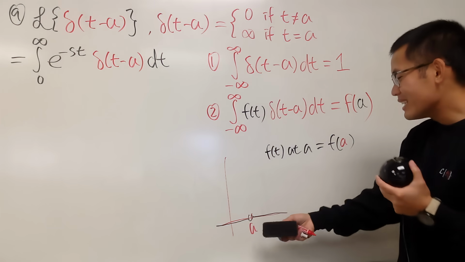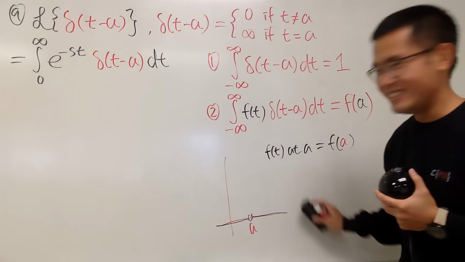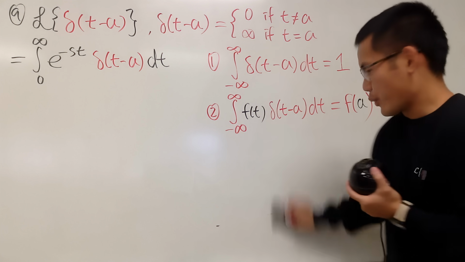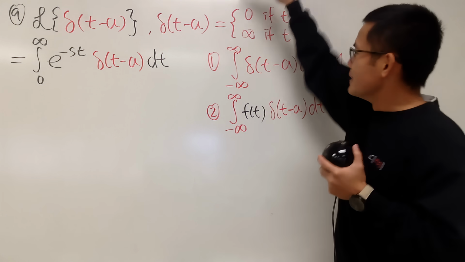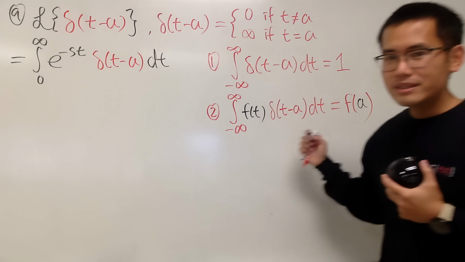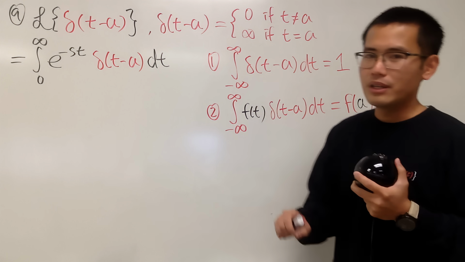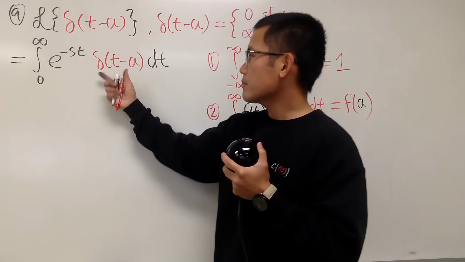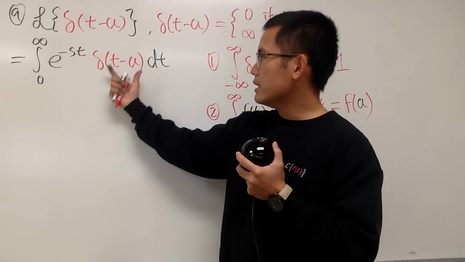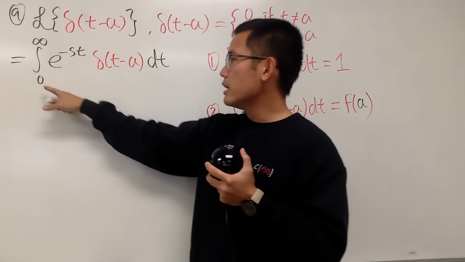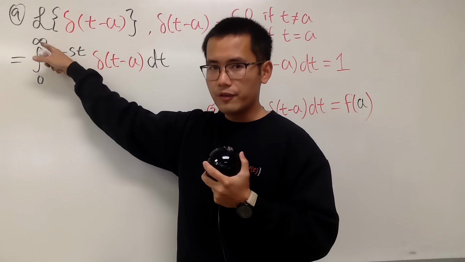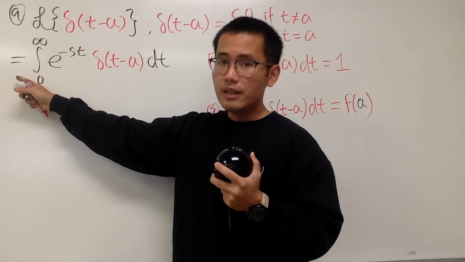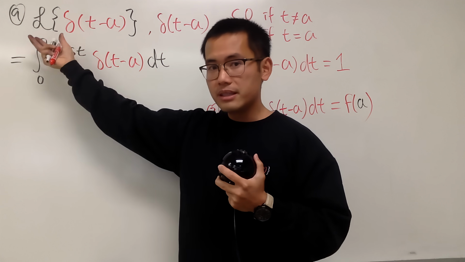And then you integrate that, so of course, just take that number to be the answer. So this is like the craziest part. Well, with this being said, in fact, this right here is super easy because all we have to do is notice this right here is the delta function. And again, this right here, even though it's going from 0 to infinity, it's the same as going from negative infinity to positive infinity